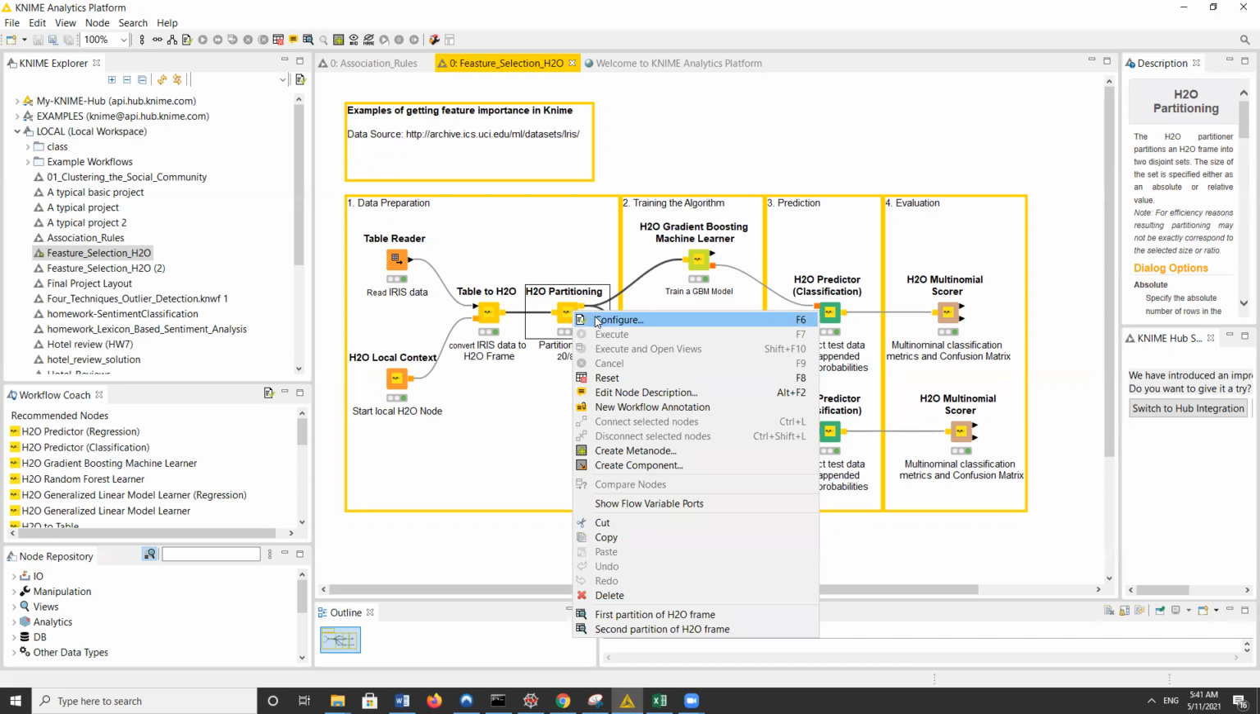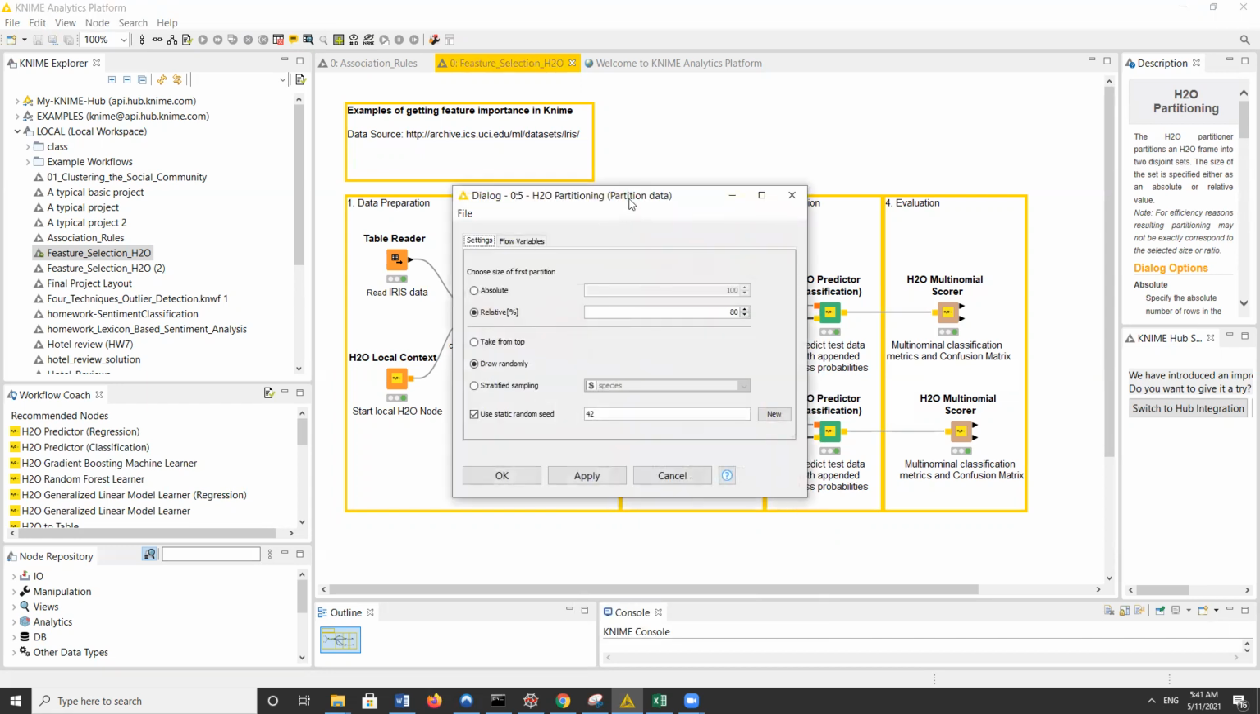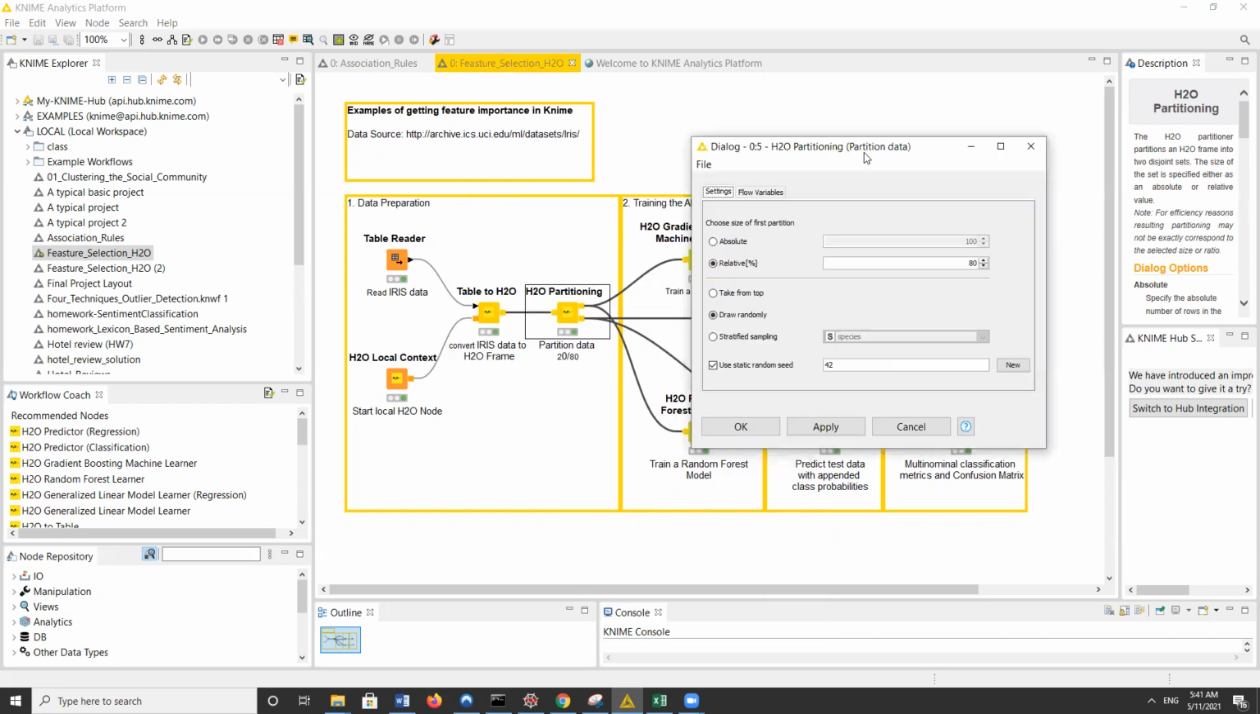So similar to other conventional nodes, which we had for partitioning. I just said 80% train, 20% test, and random seed is 42. Basically, for training